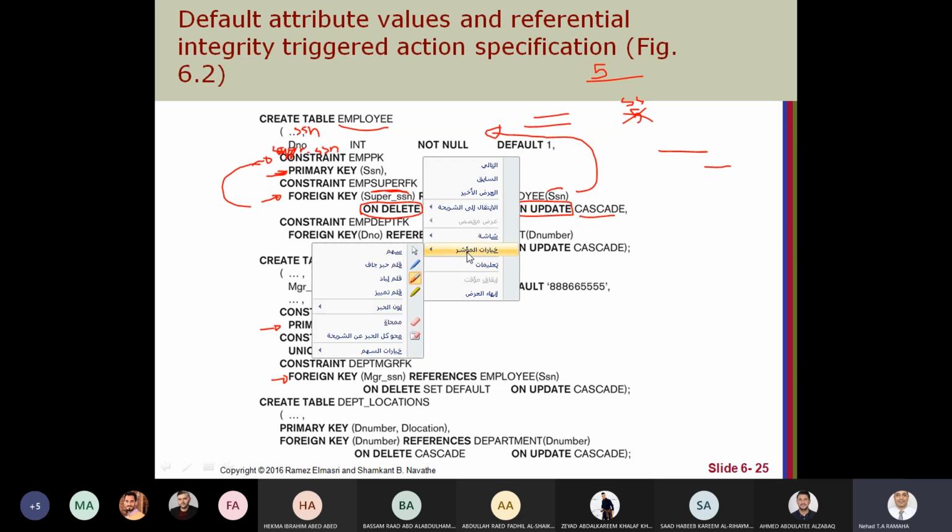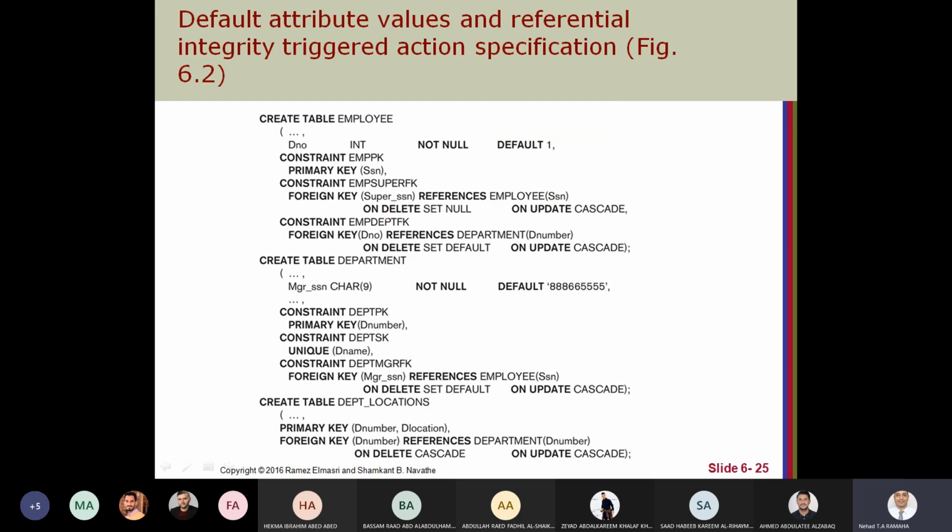We can see another example between two tables. Here the foreign key D number inside the employee table references the department number, which is D number inside the department table.